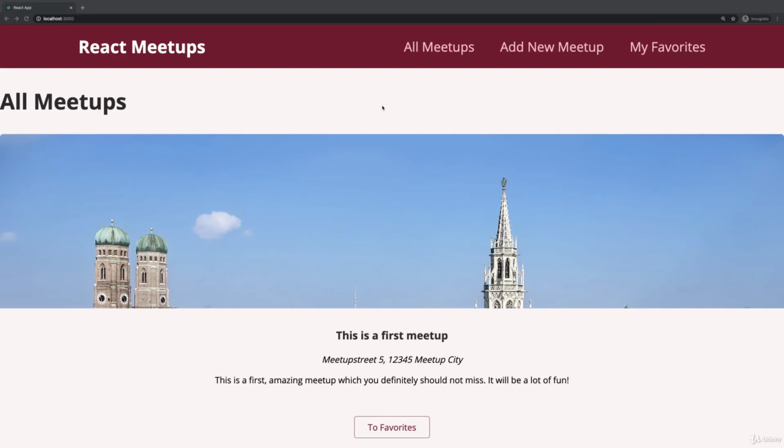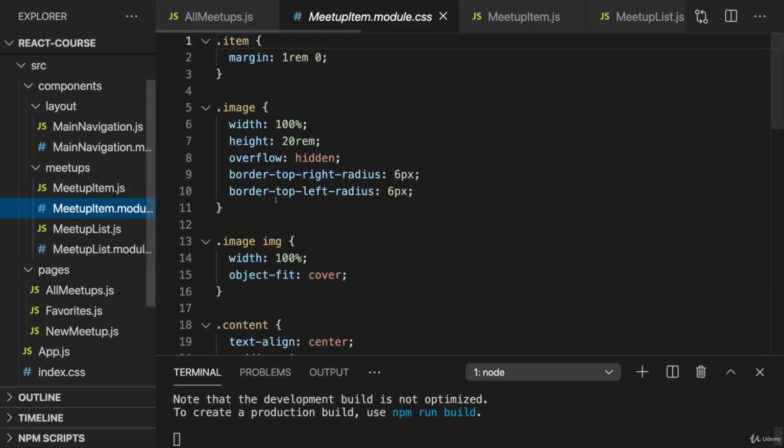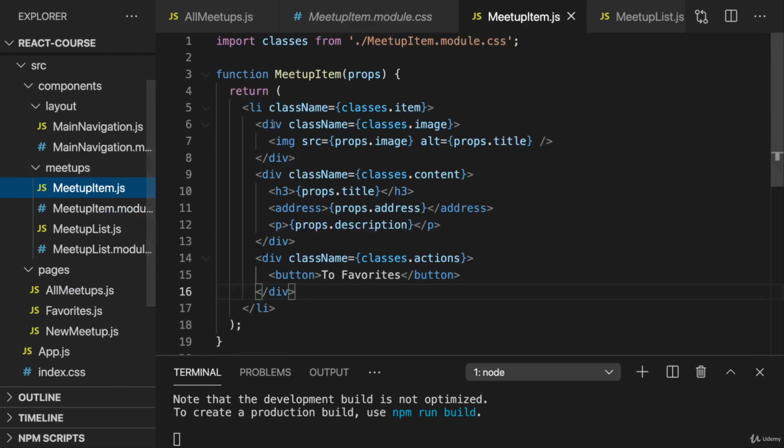Now let's start with that card look. In case it's not clear what I mean, that look which we also used earlier for the first demo project, where we simply have a nice white background and a slight drop shadow, and I'd like to have that for every meetup item. Now we can solve this by adding a couple of CSS classes in the meetup item module CSS file, and